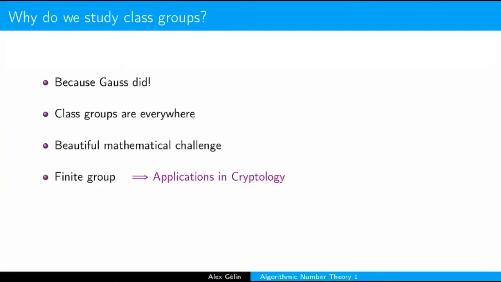The fourth point is, yes, it's a finite group. And if you're interested in cryptology, then you know that if you have a finite group, then there exists a cryptosystem. It's direct. However, this cryptosystem may be weak. Sometimes the security is not there because the operations are easy to do in both directions. So it's not interesting in practice. Maybe it's not interesting because